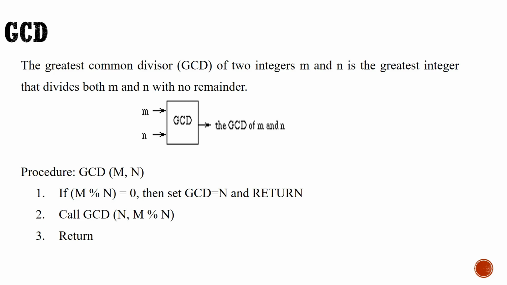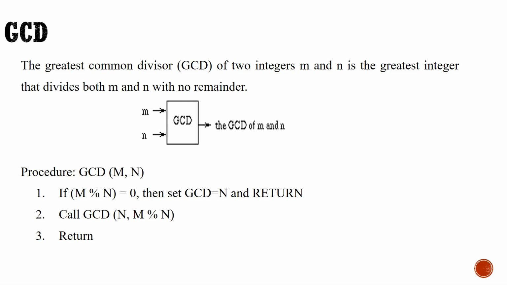Fine. So now let us look at how that will be computed using the recursive function. Procedure GCD of m comma n. So m is our 6, n is our 4. We ensure that always the higher number will be kept in the variable m and the lower number will be kept in the variable n. If they are not so, we exchange the values of m and n so that m will have the higher value and n will have the lower value. In our example, m will be equal to 6 and n will be equal to 4.